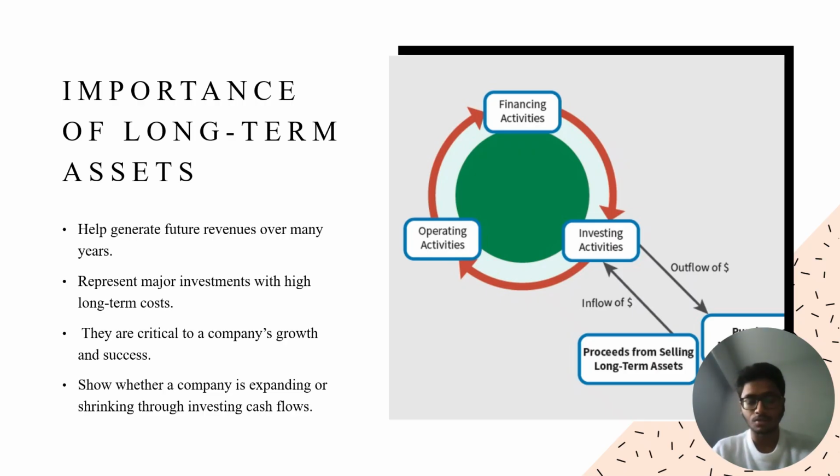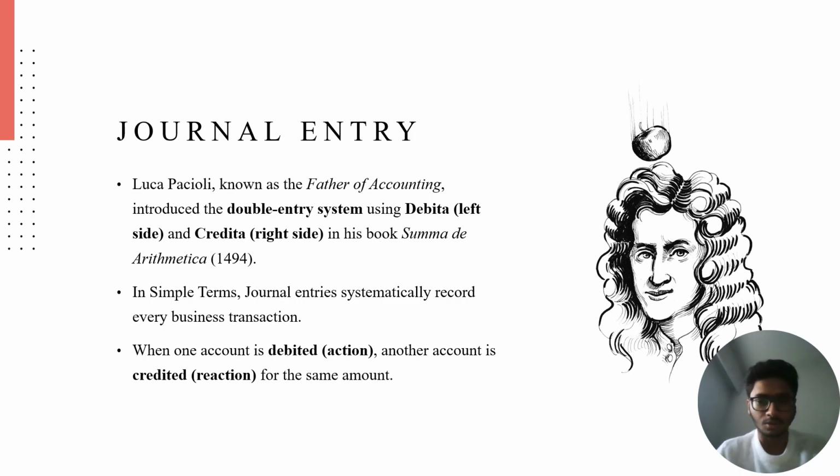It also shows that when a stock analyst checks the company's balance sheet, he first checks how much value the company owns in terms of assets. And an interesting thing is that cash is the most liquid asset in the company. So the next is the most interesting part, journal entries.